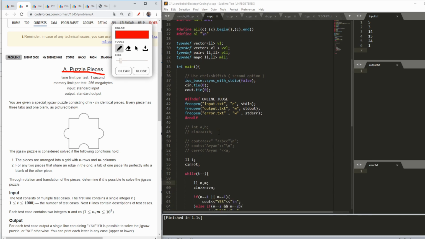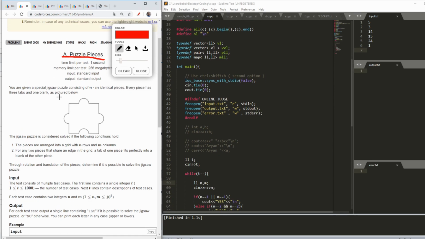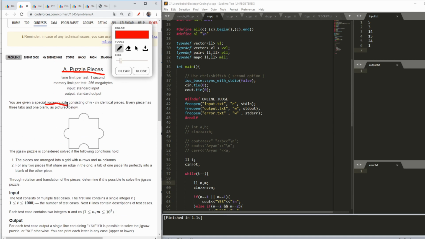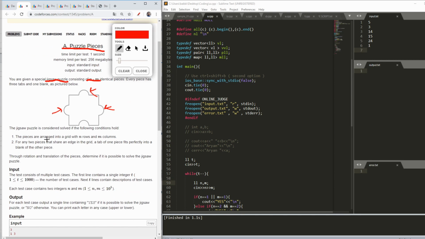Okay, so basically as you can see, you have a puzzle. It consists of n into m identical pieces, and every piece has these three, as you can see, these three outs, and one in inside.